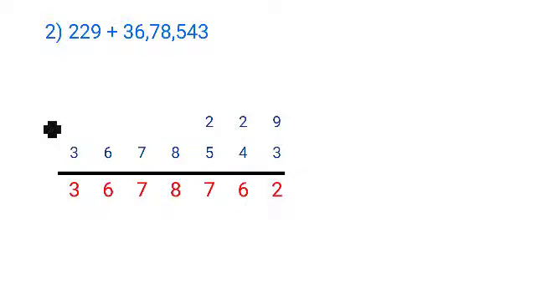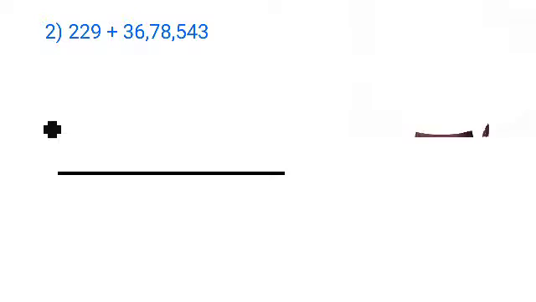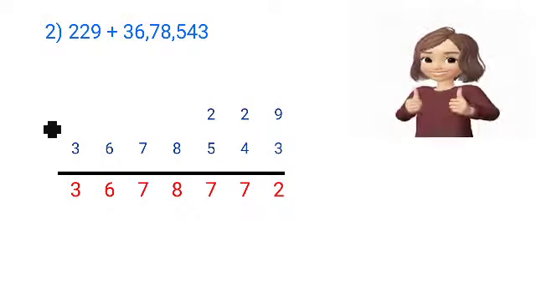Second sum. Now again you have to find my mistake. What mistake have I made over here? I have written the numbers in the proper place. My addition is right. So the mistake, yes, correct. First I have to add 9 plus 3, that is 12. Then next I have to carry that 1. But why have I made the mistake? In the tens place I have written 2 plus 4 is 6 and forgot about the 1. So here my mistake is that. So this is the correct answer.